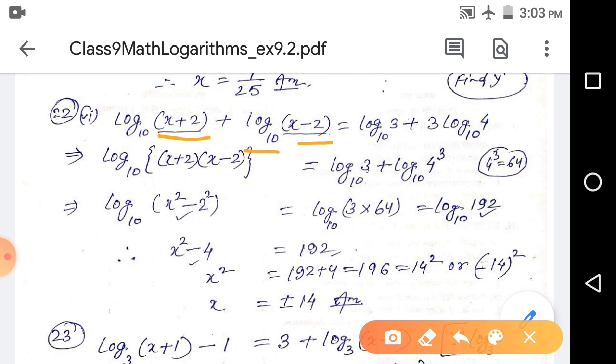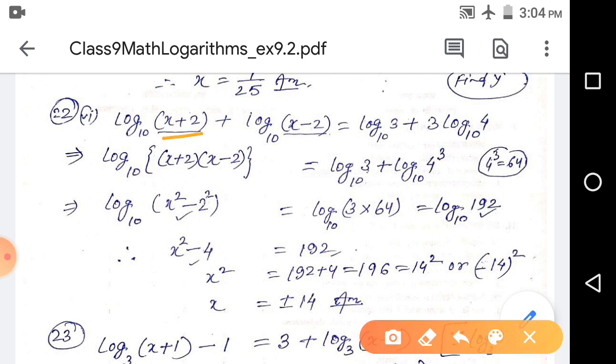If you see only the LHS part of the equation, you have to think that this one is m and this one is n. Then this is log m plus log n, and log m plus log n is actually the product law in reverse order. Log m plus log n is equal to what? Log of m into n, by using the product law. Okay, this is the product law.